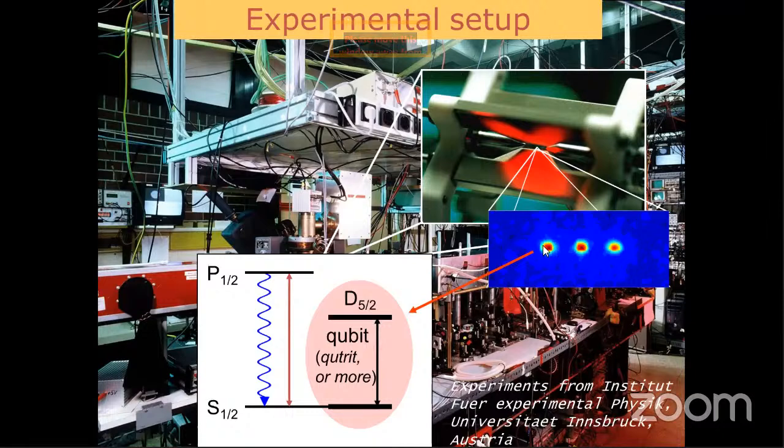Now, what's there inside each ion, as I showed before? So there is a qubit transition. There is a ground state and an excited state. The ground state is S 1/2. This is the spectroscopic notation of the electronic state of the atom, and then the excited state is D 5/2. It's a quadrupole transition, and the lifetime of this excited state is about 1 second, a little over 1 second. Now, this additional transition is used to do other things like laser cooling these ions and getting them in the motional ground state.